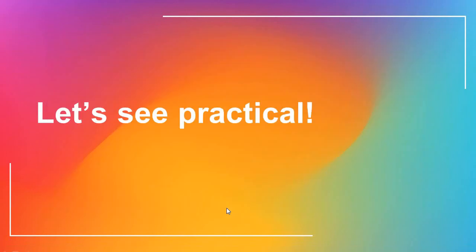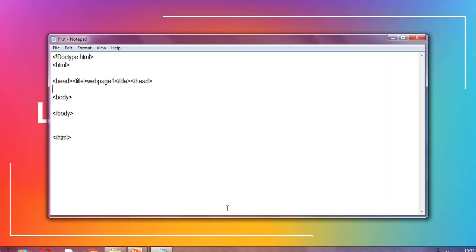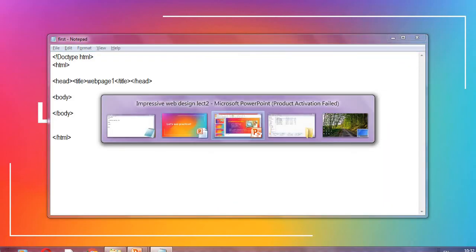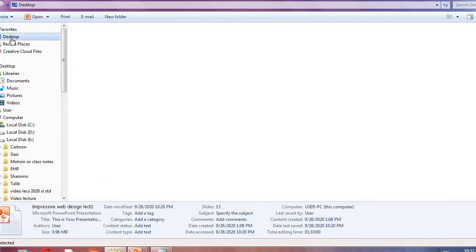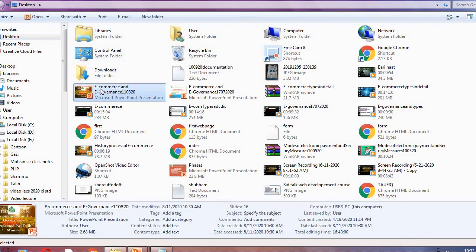Now see, on the desktop, what is the name of the file? First. See here, this is first.